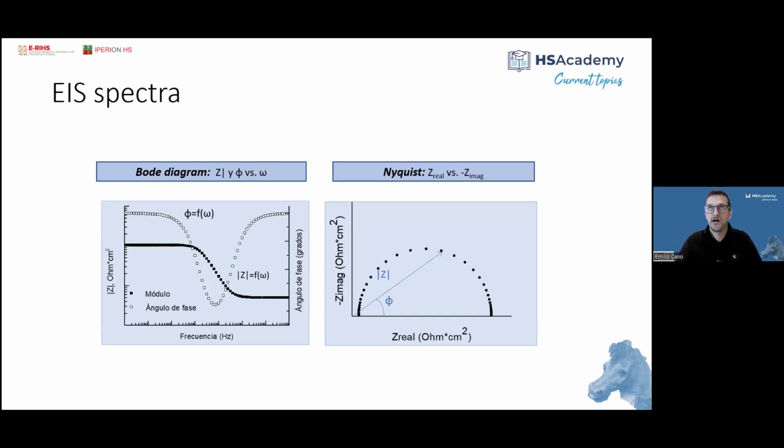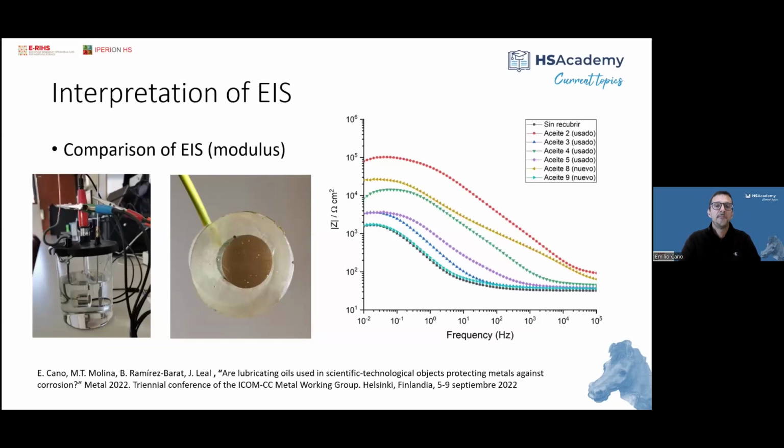This is, well, a disadvantage, I would say, of this technique: the interpretation is tricky, but it gives a lot of information about the corrosion processes taking place. As I said, the interpretation is the trickiest part, and there are several approaches to interpreting the results. A very basic one, which is very common in all fields and also in cultural heritage, is